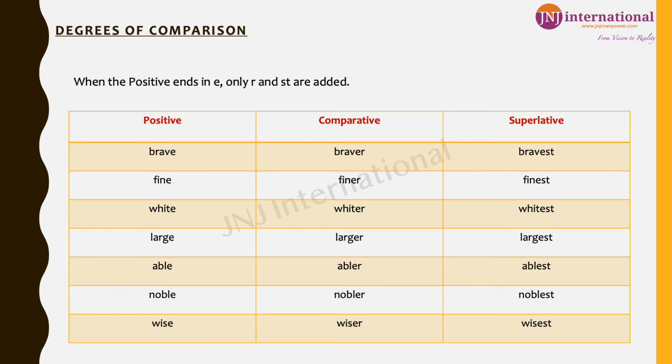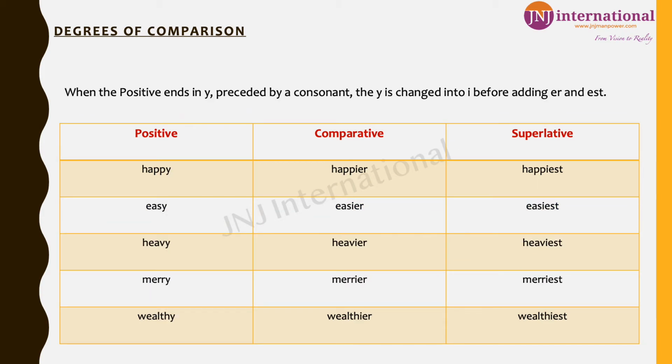Let's see other words. Fine, finer, finest. White, whiter, whitest. Large, larger, largest. Able, abler, ablest. Noble, nobler, noblest. Wise, wiser, wisest. When the positive ends in letter Y, preceded by a consonant, the letter Y is changed into